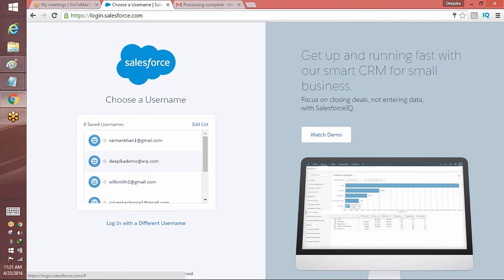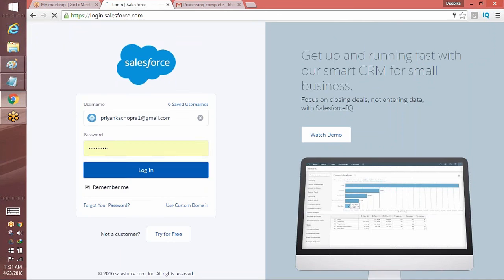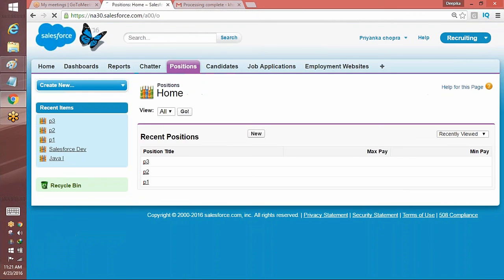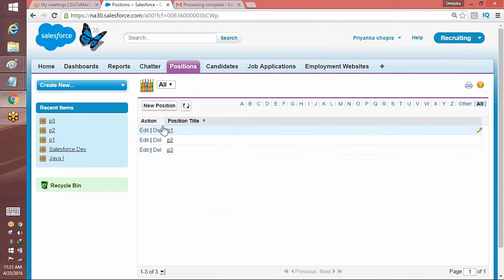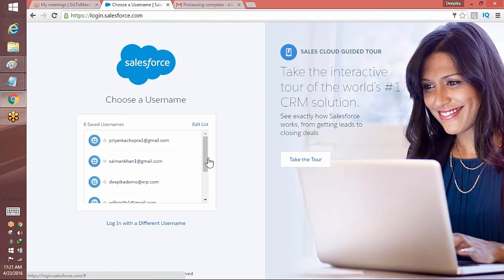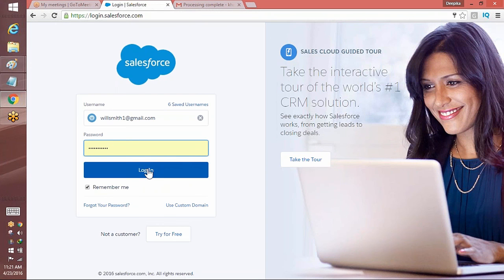Exactly. Very good. So now if I go back to Priyanka Chopra and log in, and go to positions, she can only see the records that she has created, not the records that Will Smith has created. Okay. So now Will Smith will be able to see the records that Will Smith has created, not anyone else. So if I log in